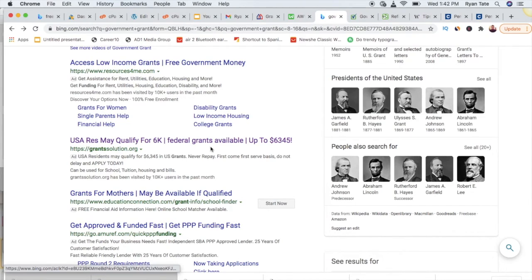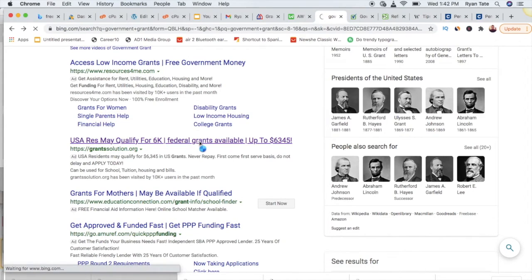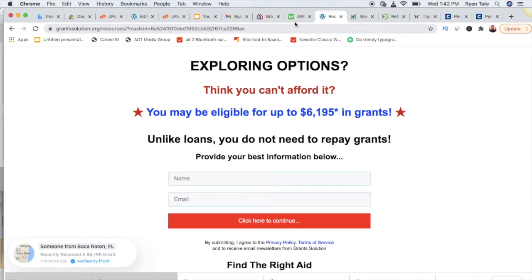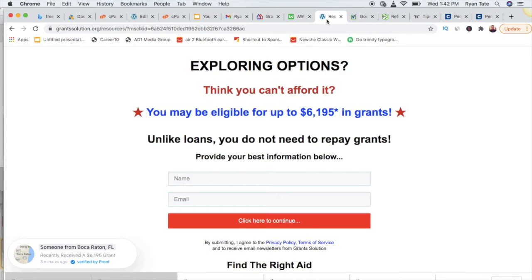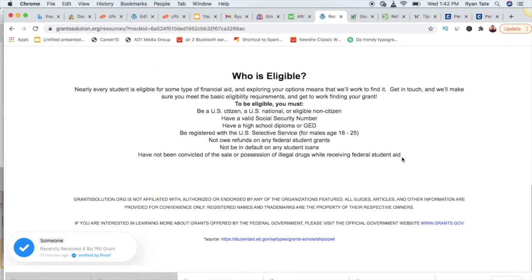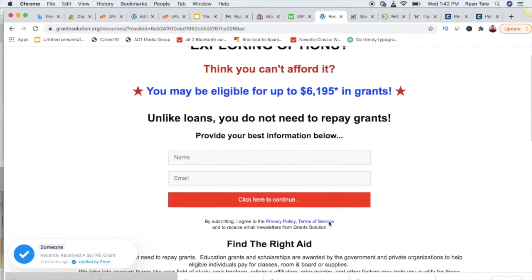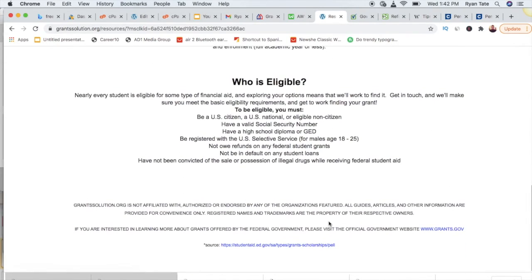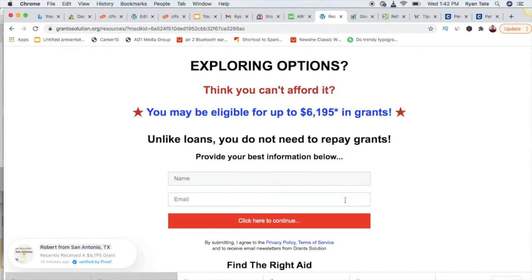And I'm going to show you how their funnel works so you can get ideas, so you can put something together for yourself and start making some money. So I clicked on their ad, and what they're doing is, as we discussed, taking me from an ad to an opt-in form because they want to be able to follow up with me on a daily or weekly basis. What's cool about their site is they have all their terms and privacy policies in place. So they're making sure they're compliant with the traffic source they're on, and that the government doesn't really come after them.